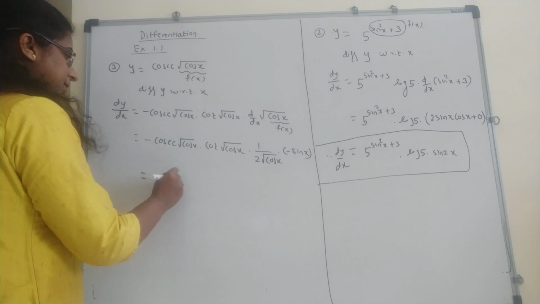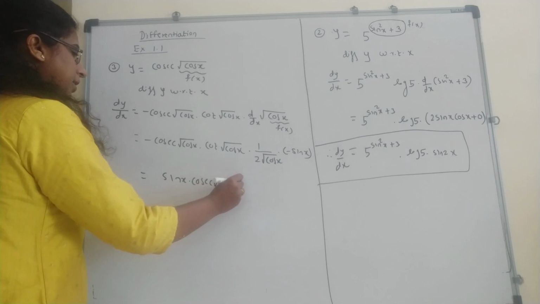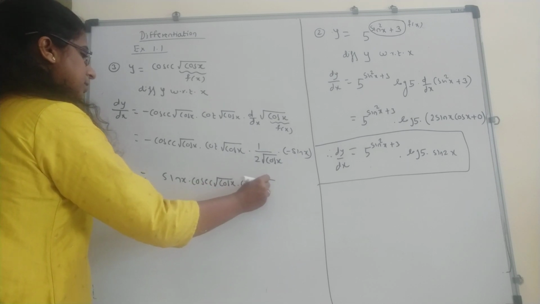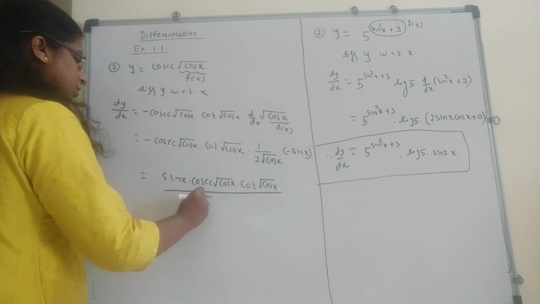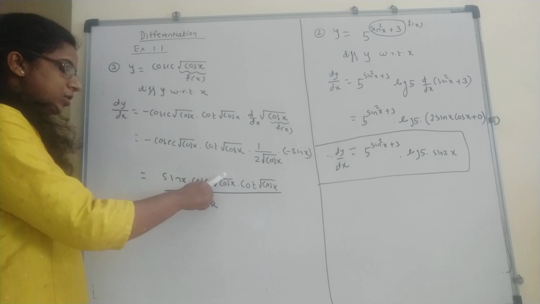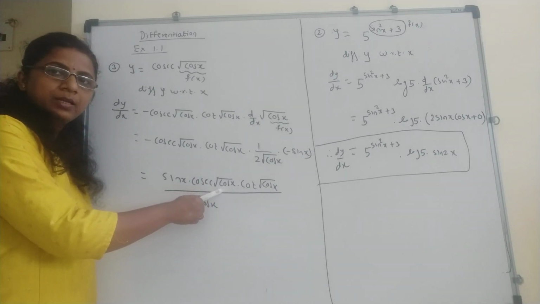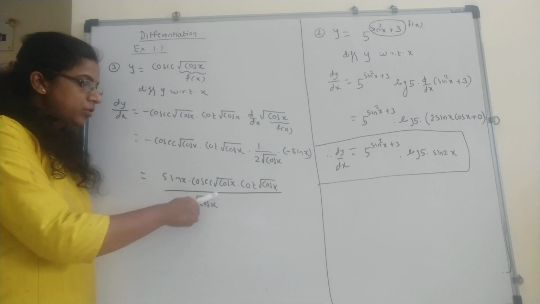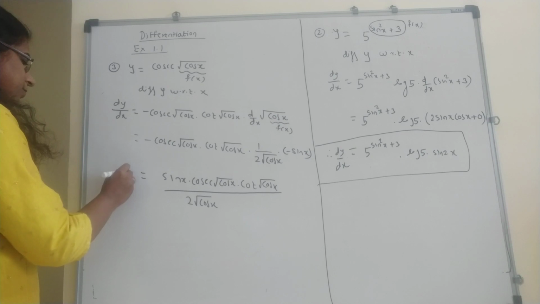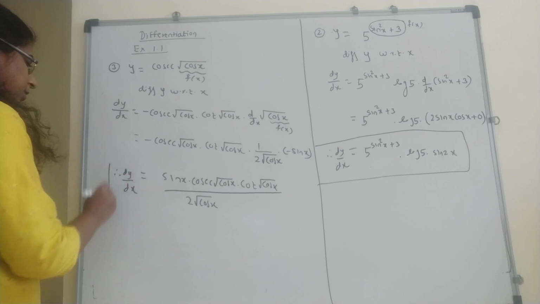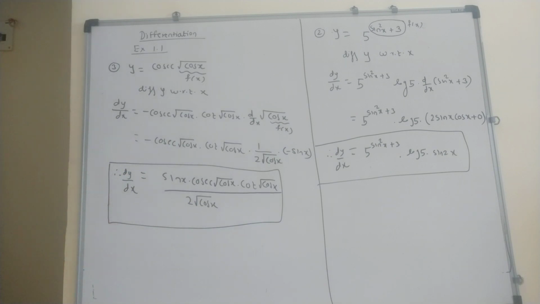Okay, then here sin x is there into cosec of root cos x into cot of root cos x, the whole term divided by 2 root of cos x. तर लक्ष द्या इकडे हा cos cos कट नाही करायचा, कारण हा कंपोजिट फॉर्म आहे. cosec of root cos x, this is not a separate function, so don't cancel it. Okay, this is your final dy by dx form. हे तुमचं फायनल डेरिव्हेटिव्हची व्हॅल्यू इकडे येते. ठीक आहे,